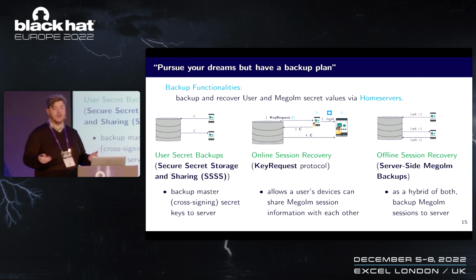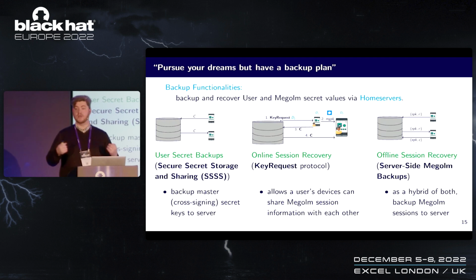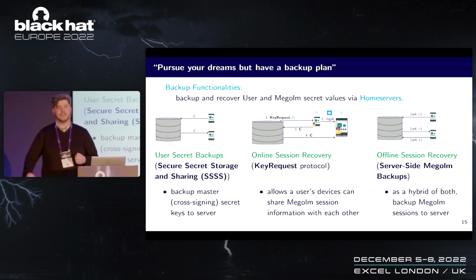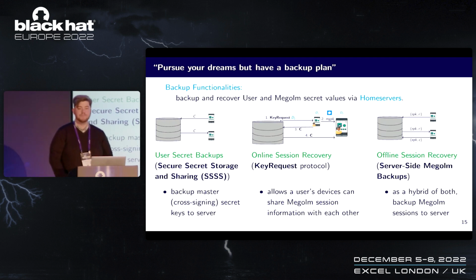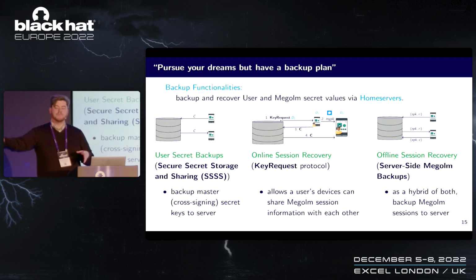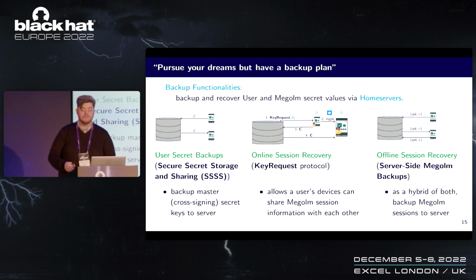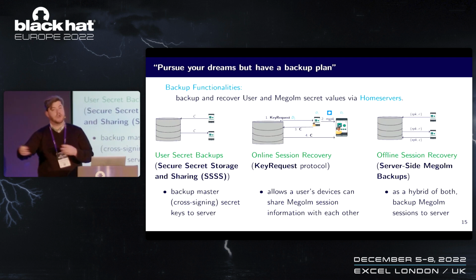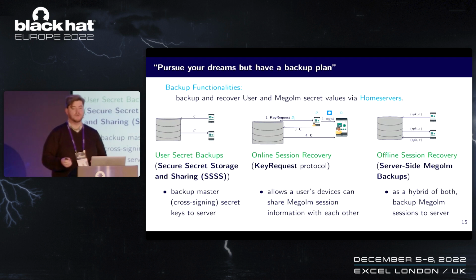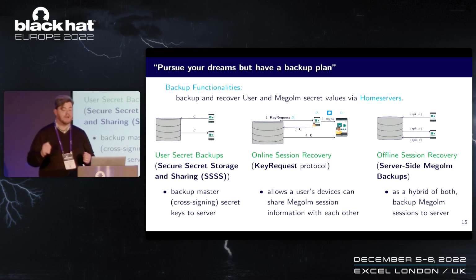The idea is that I, as the user, generate a recovery public key, and I authenticate using some secrets that I own. I'm going to upload that recovery public key to the home server. At some point, let's say a second device of mine wants to be able to back up the Megolm sessions, and so they're going to download or retrieve that recovery public key, encrypt the Megolm sessions under that recovery public key, and then upload that ciphertext back to the home server. So at some point later, I can download that and recover the Megolm